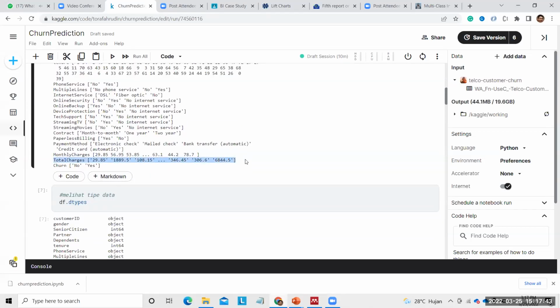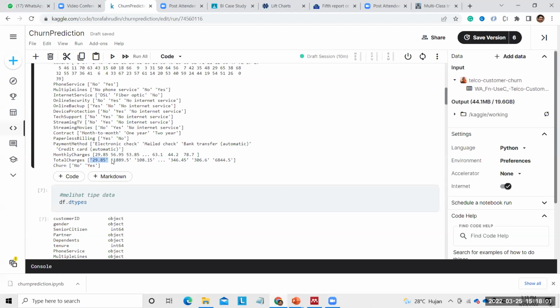Now in this attribute, we can see that it is strange, it is a string. It looks like a string, not an integer.